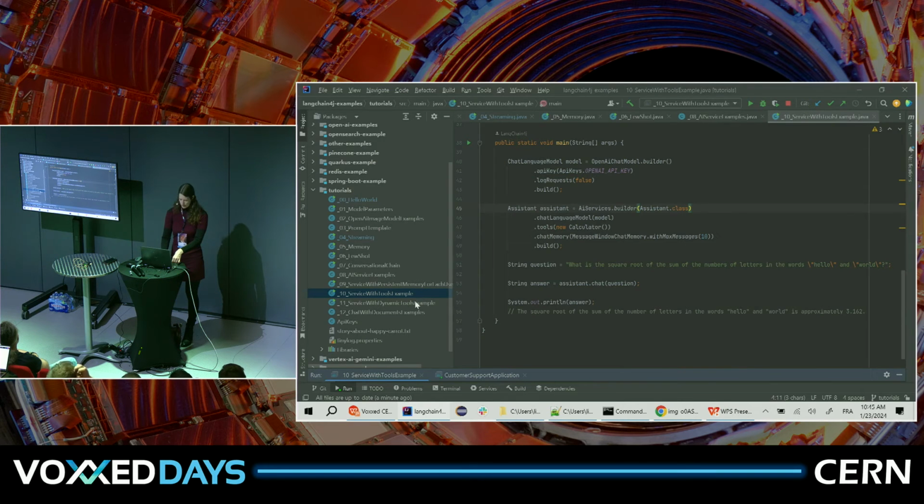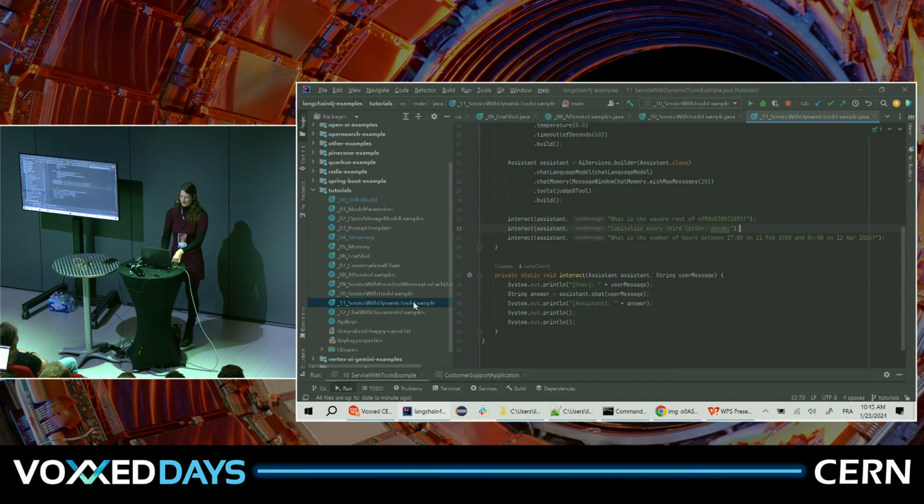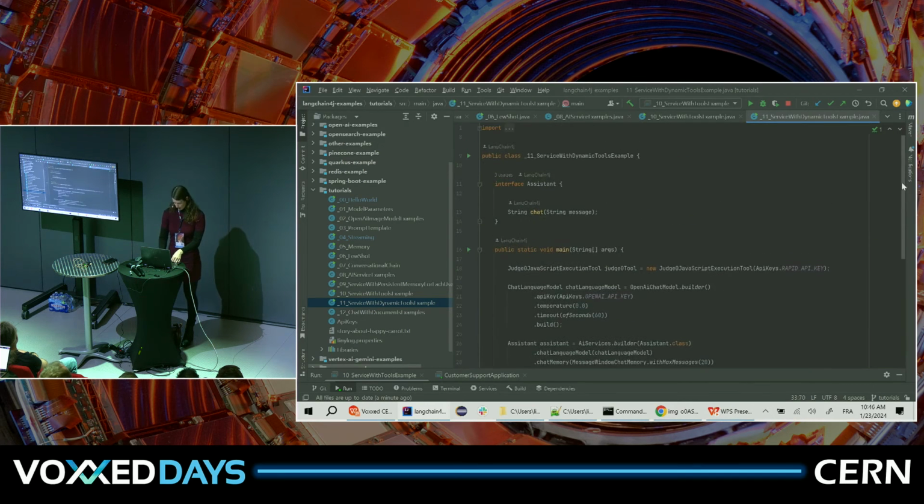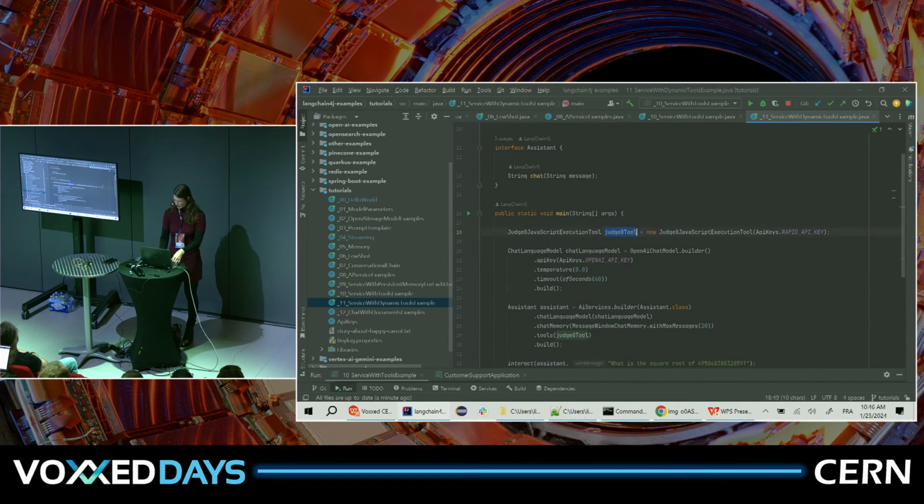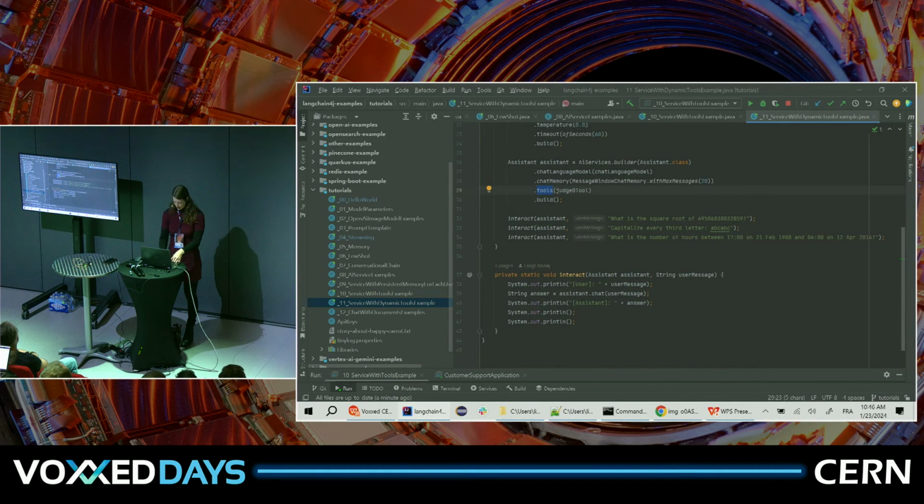Then it can get even more crazy. You can tell the large language model, you can use any tool you want as long as you manage to write the code yourself. And then, this is an example with JavaScript. We call an API that runs your code with the input parameters. So it looks like this. It's the Judge 0 tool. You give it along again when you build your service. And this time we're going to ask, what's the square root of this huge number? Capitalize every 3rd letter here. And what's the number of hours between... Oh man, I'm so happy we have these LLMs to solve these things for us now.